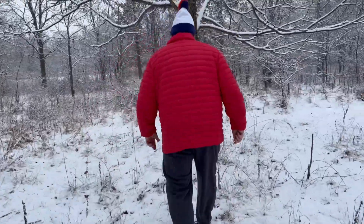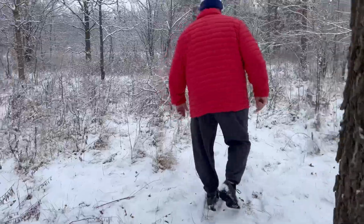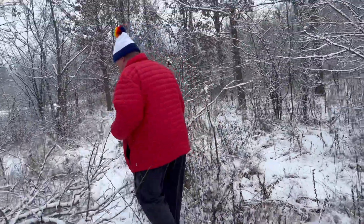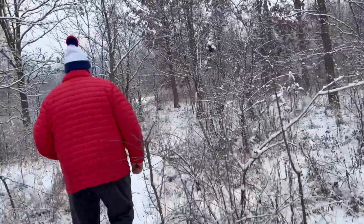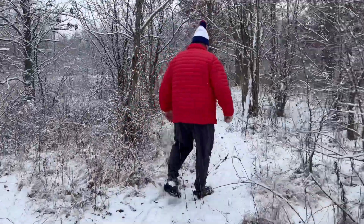We found an off trail or an animal trail that didn't really lead anywhere, so we're going back to pavement. Not supposed to go off trail in the forest preserves of Illinois, but it was an accident, and Tom was leading. So